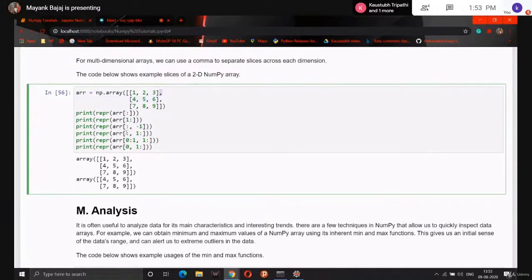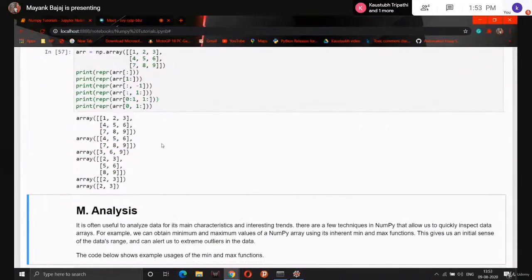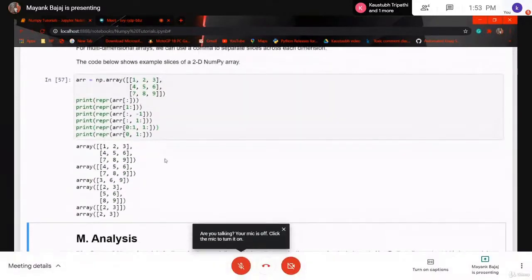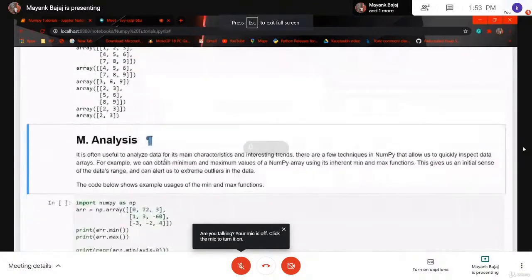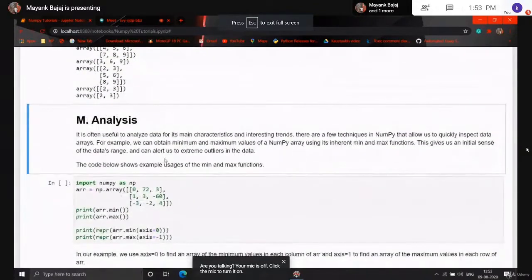So next example, again we are taking all rows, and the columns will be from 1 onwards, because I am taking one colon. If nothing is mentioned after it, then it will take till the end. There are a few examples here you can try on your own. If you have any doubt, you can mention it in the chat section. We will solve your doubts after the end of the session.